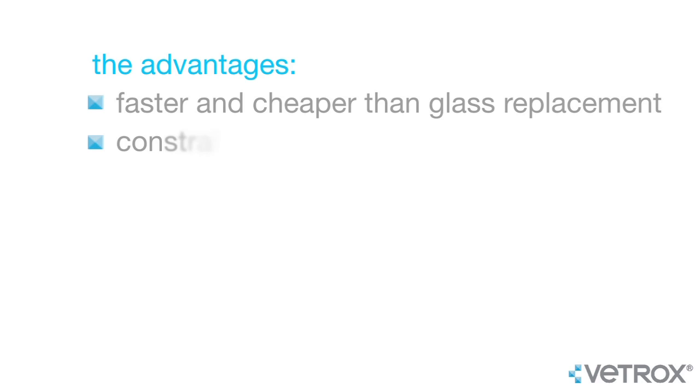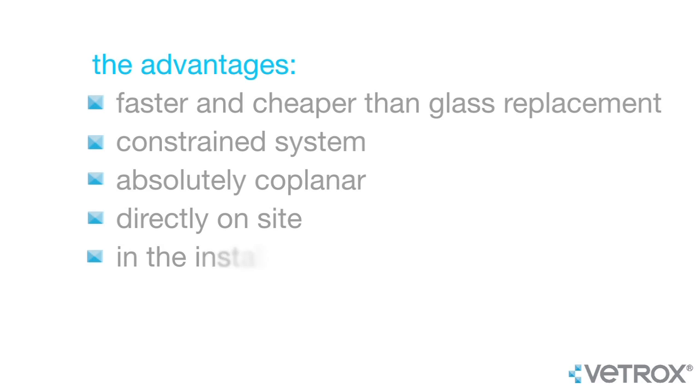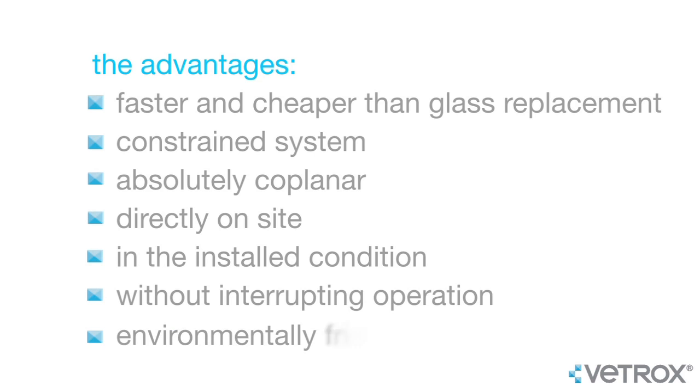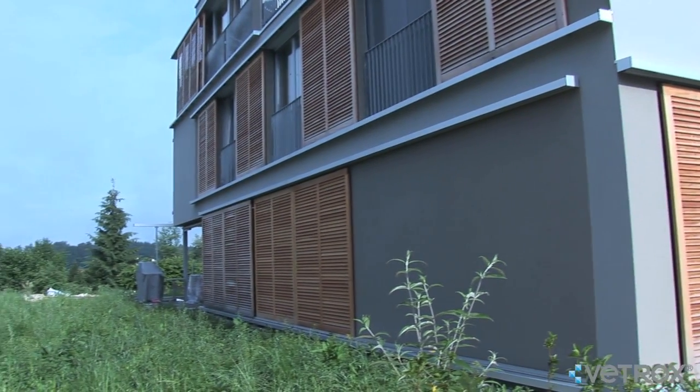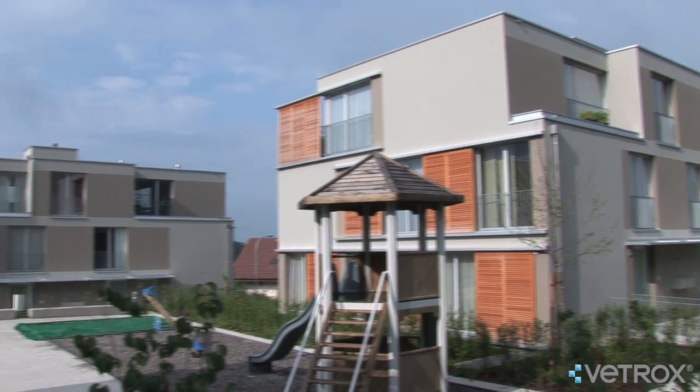Vetrox, the unique new patented system and process to gently remove all damages to glass surfaces from already installed panes, right on site. Wherever a house is being built or rebuilt, regardless of the floor, in a rural or urban environment,